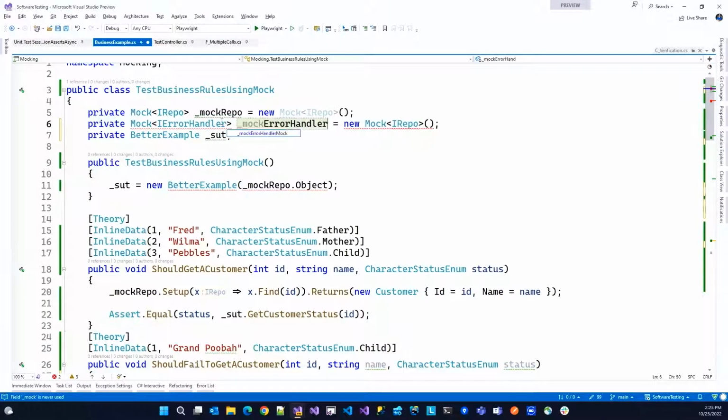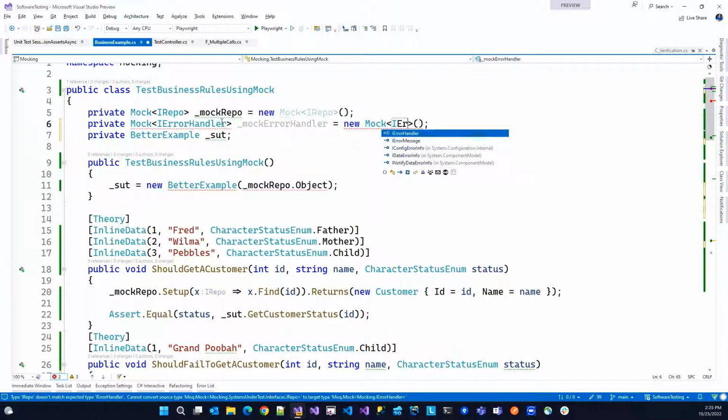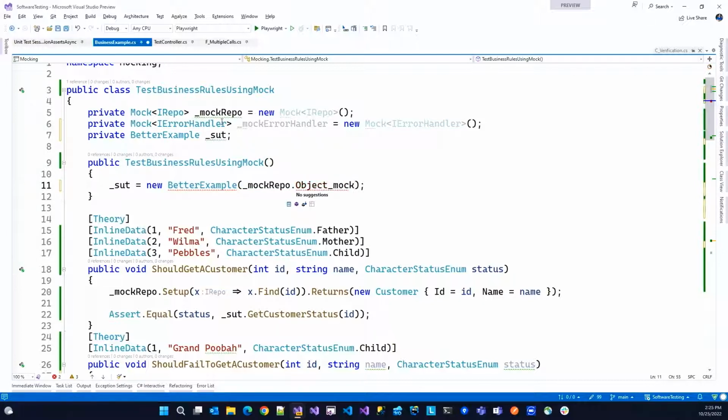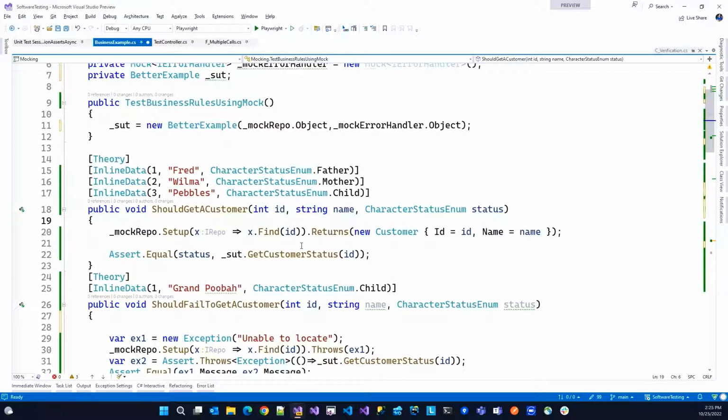There's no requirement to do that, but it makes it easier to recognize. It does. So here's my error handler, and then we pass in the mock error handler. Oh, we need a comma in there. Mock error handler dot object, and here we don't have to set anything up because it never gets called.